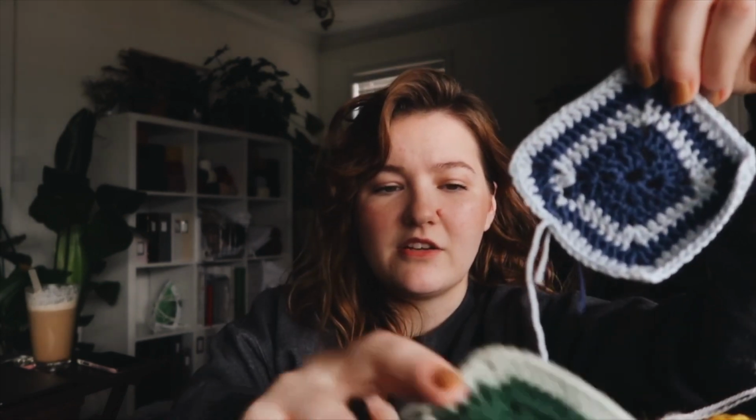I did have some problems with the pattern, but it's mostly because I'm such a beginner with crochet. The instructions for the pattern are also in UK terms, so they have a translation chart, but it would throw me off every once in a while. I did find a lot of really helpful tutorials on YouTube for this one, and for while I was really trying to master the granny square, because there's some that are